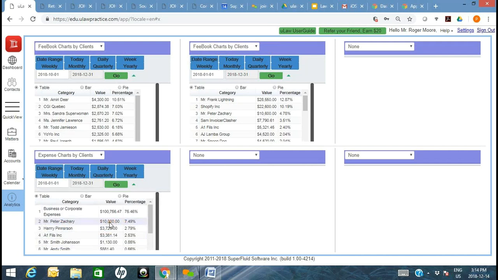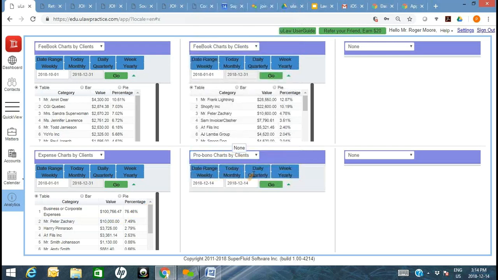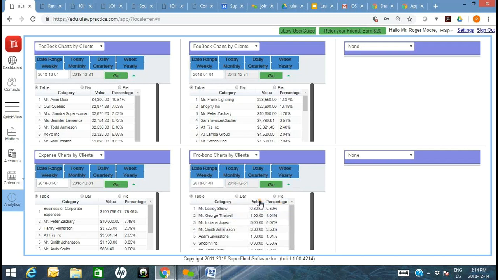Okay? You can see Mr. Peter Zachary is almost $10,000 of expenses. I can even go to the point of understanding pro bono charts by client. But I really want to understand who are the clients who have really taken advantage of the pro bono work that I've put in. There it tells you